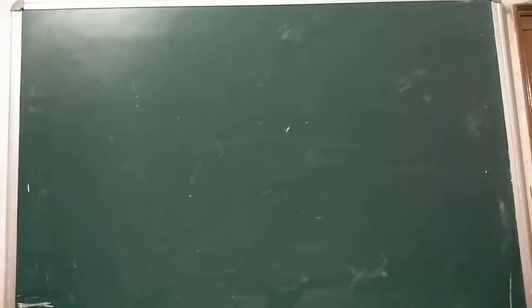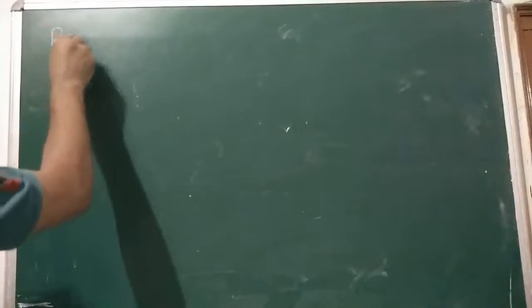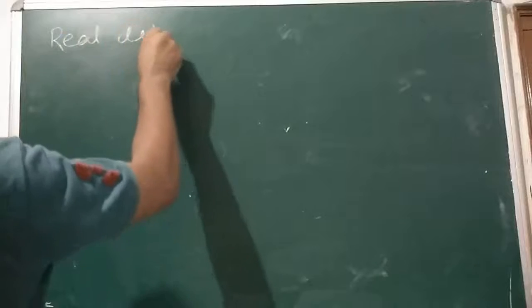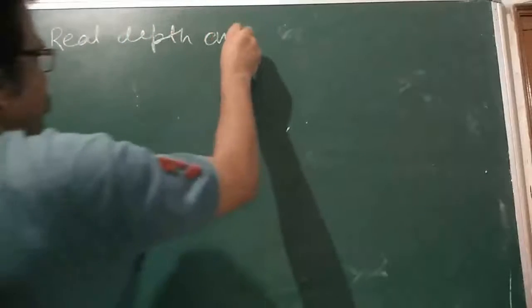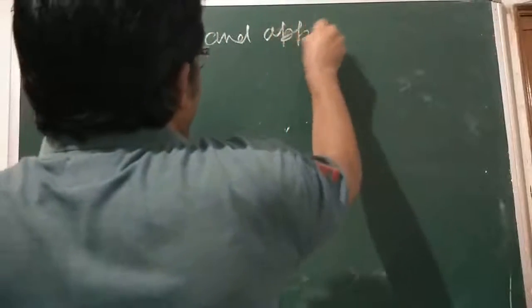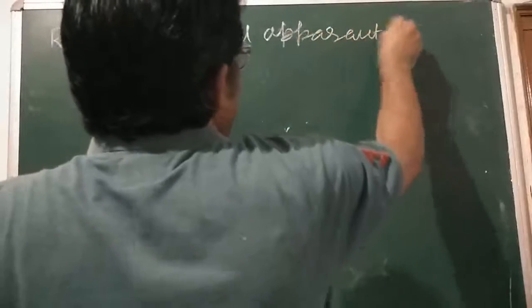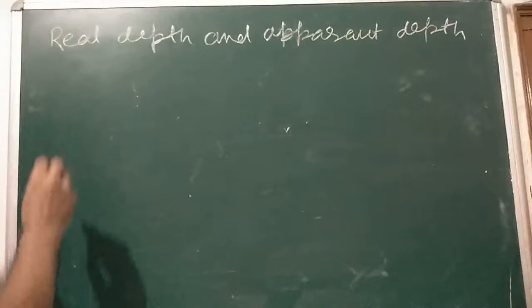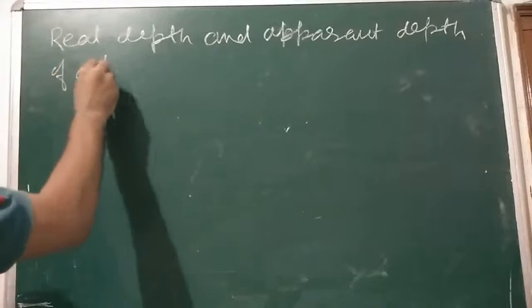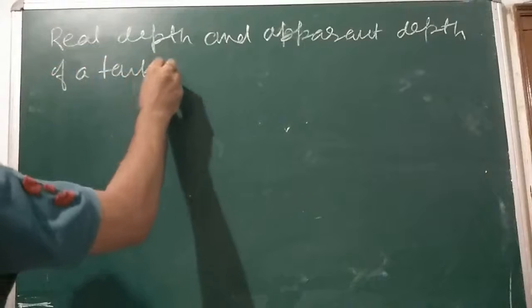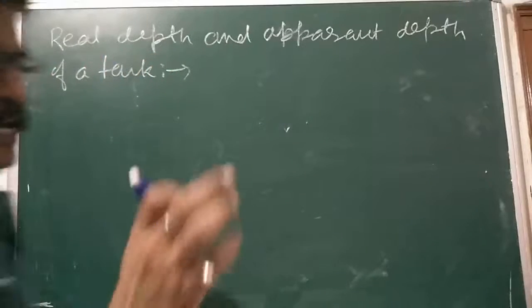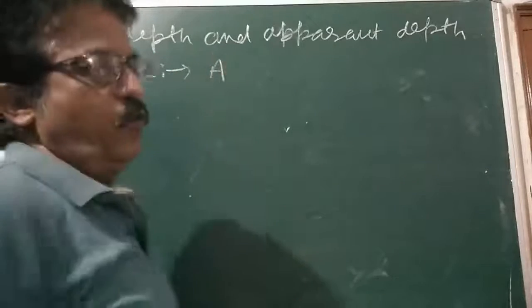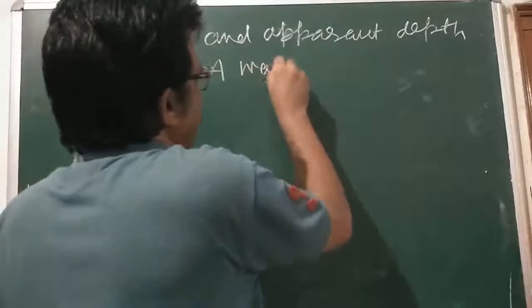We are going to see how it appears, the real depth and apparent depth of a tank. This we are going to see here. I mean to say a water tank appears